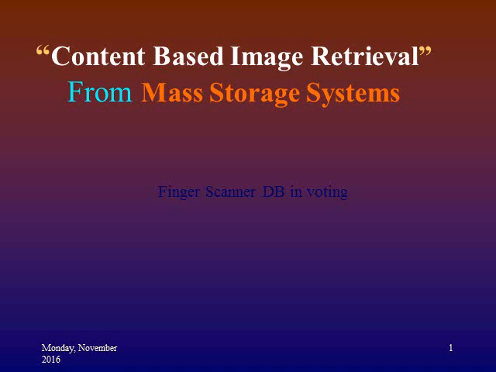So what is content based? Content based means that the search analyzes the contents of the image rather than the metadata such as keywords, tags, or descriptions associated with the image. The term content in this context might refer to colors, shapes, textures, or any other information that can be derived